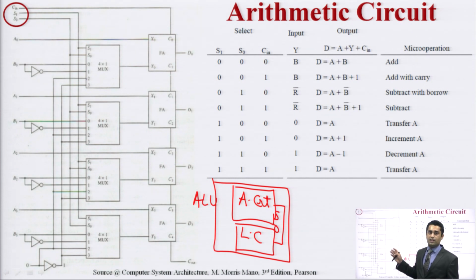All these slides are from Morris Mano, and you will see in the exercise part how many multiplexers are required when there is a number of 8 bits and you want to transfer it. So in this case the number of bits is basically the number of multiplexers. So if the number of bits is 8, then 8 multiplexers are required. If we have a 4 bit number, then 4 multiplexers are required. So this is the important part. This is all about the class. In the next lecture we will see the logic and shift operations.